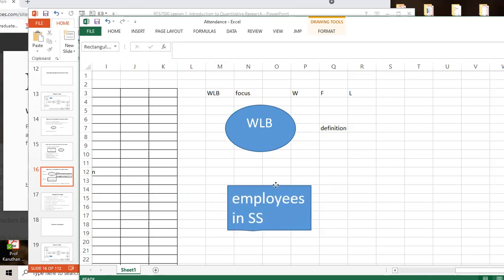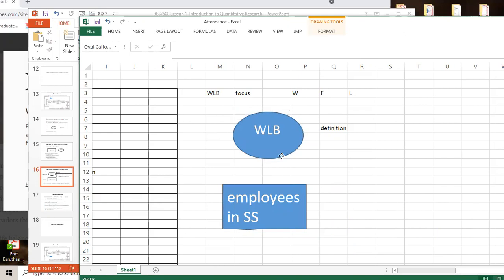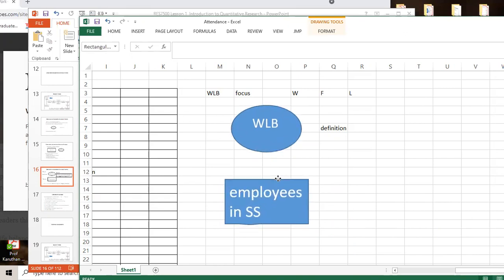Geeta? Yes, Prof. Okay, your work-life balance, if I say work-life balance, among whom? Heritage, right? Just heritage, isn't it? Heritage site, right?